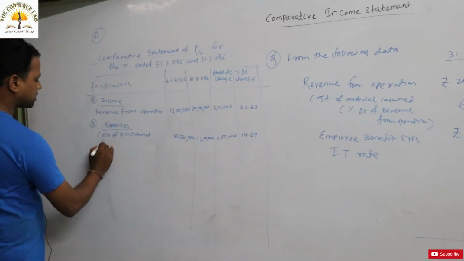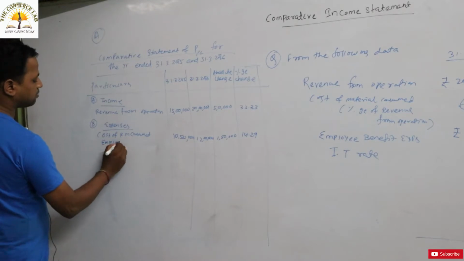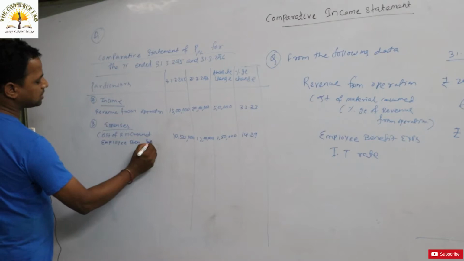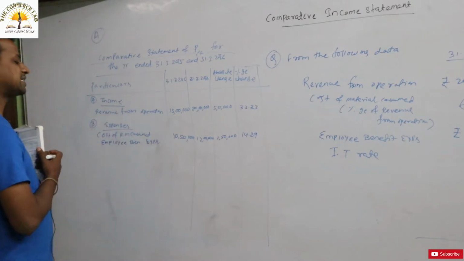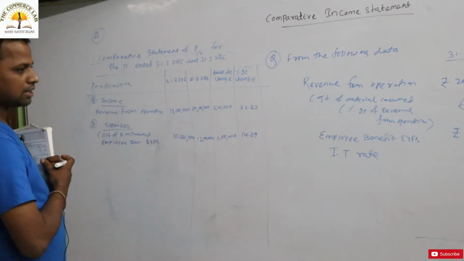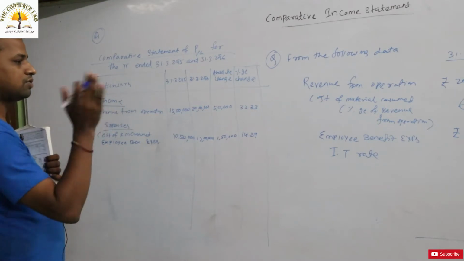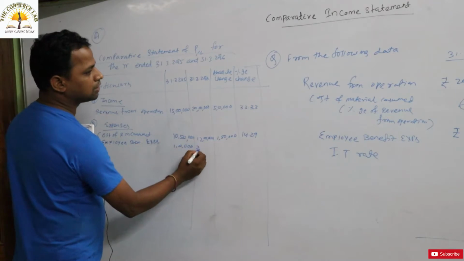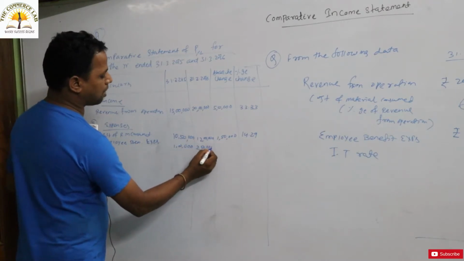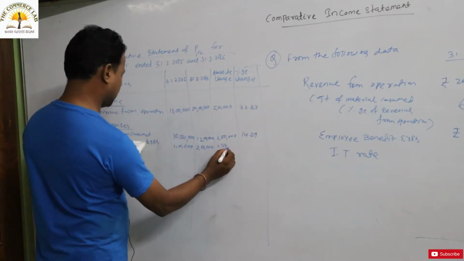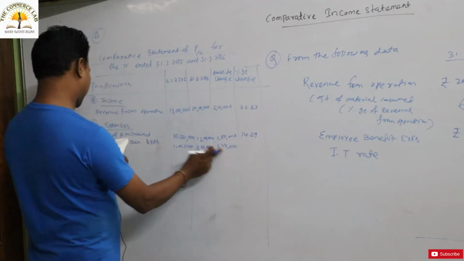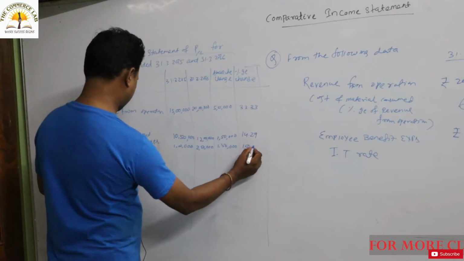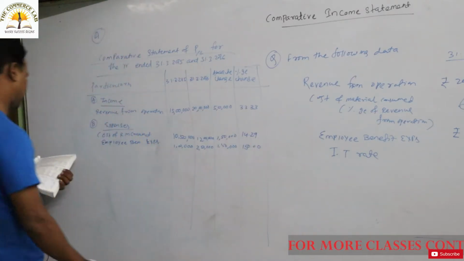Is there any other expense? Yes, there is another expense, employee benefit expenses, which is also coming under expenses. The first one given for the year 2015 is 1 lakh. Then for the year 2016, that is 2 lakh 50,000. Okay, so how much is the change? The change is 1 lakh 50,000. So 1 lakh 50,000 by 1 lakh into 100. That is simply how much the increment? That is 150 percent.